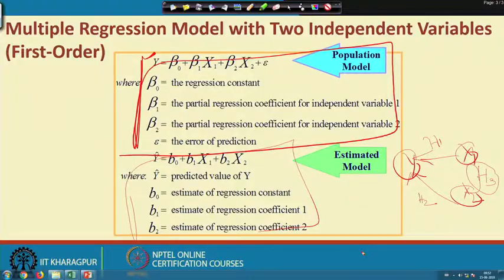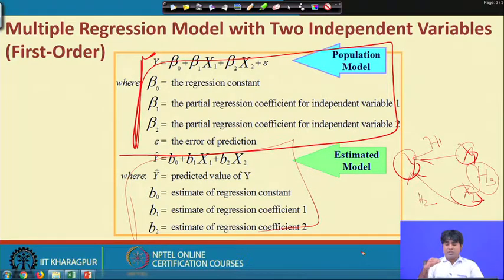So, they may have some kind of relationship, and you try to actually minimize that relationship, or sometimes when two variables are the same and you are introducing them in the system, then the estimated model will have some kind of bias. That means in reality there may be a high chance that x1 and x2 are the same, but the way you introduce them in the system is different. For instance,